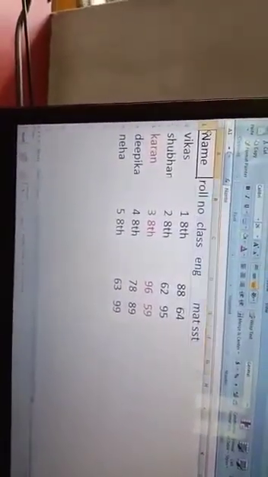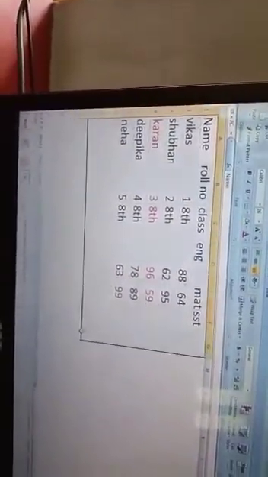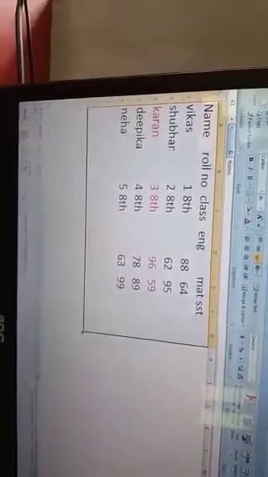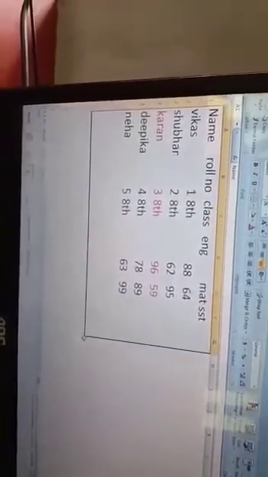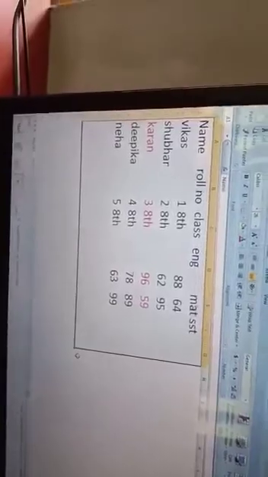See here now, suppose we select this sheet: click here and drag. Shortcut key Control plus A. If you want to select a full sheet, then you can press Control plus A with the help of the keyboard.